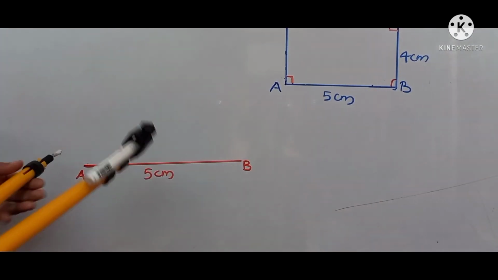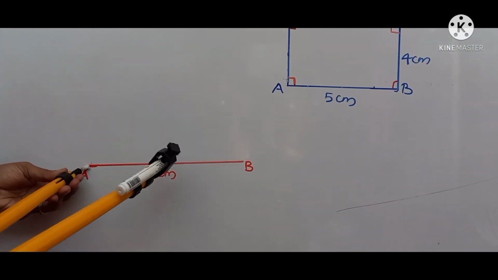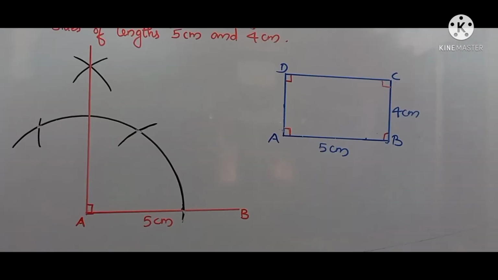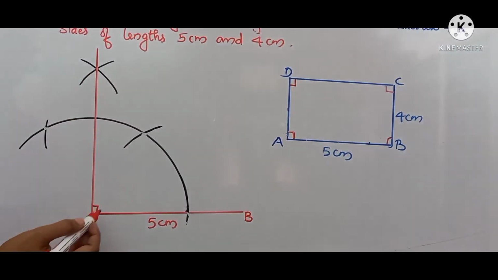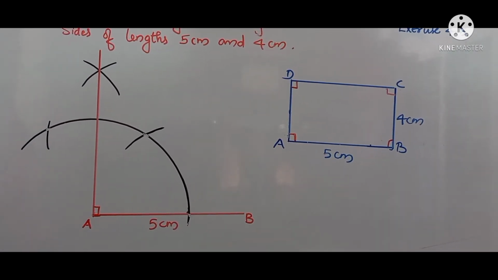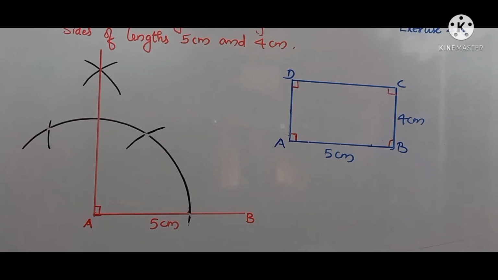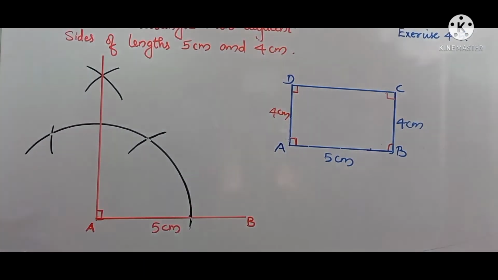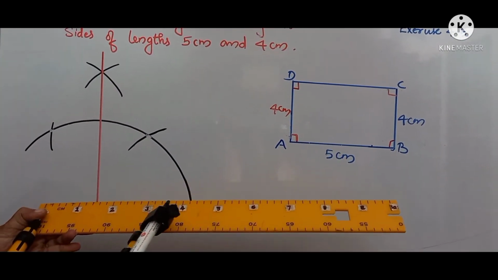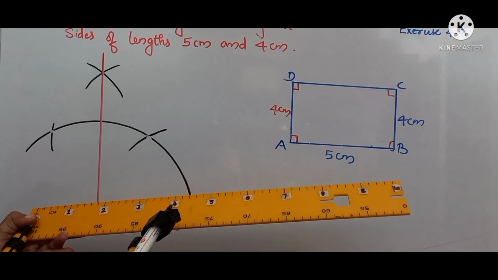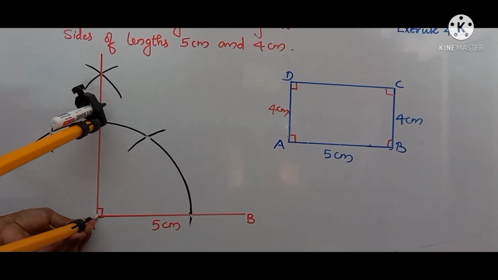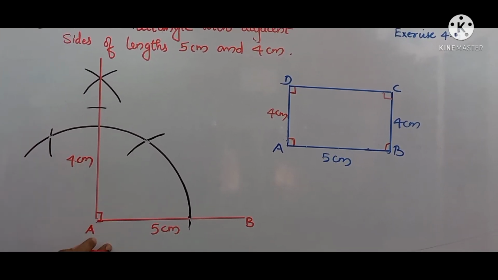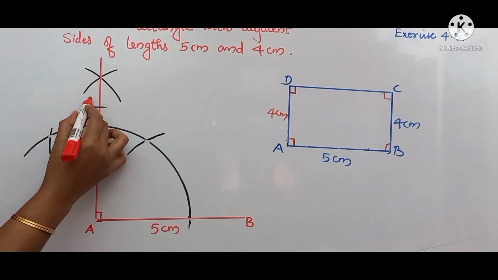90 degree angle on A. You know how to draw 90 degree angle on A. So here I have constructed that 90 degree angle by using a compass and ruler. Then we have to take AD 4 centimeter, so we can mark that point D 4 centimeter. We have to measure it on our compass 4 centimeter width, and pointing on A, draw an arc. And this is 4 centimeter away from A, and the point is D.